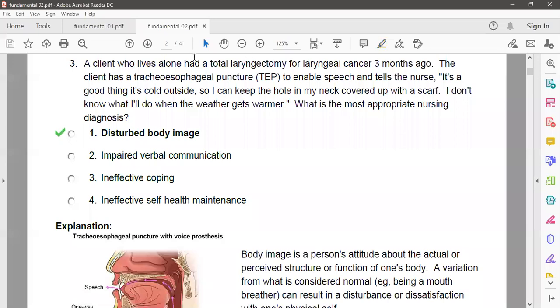So question number 3, a client who lives alone had a total laryngectomy for laryngeal cancer. So, my friend, there are keywords. One is that the patient was diagnosed with laryngeal cancer 3 months ago and had the laryngectomy operation. First of all, we have to know a little bit. In case of laryngeal cancer, the most common,